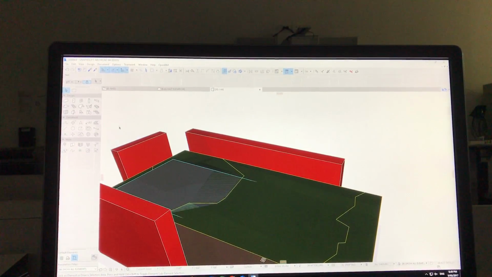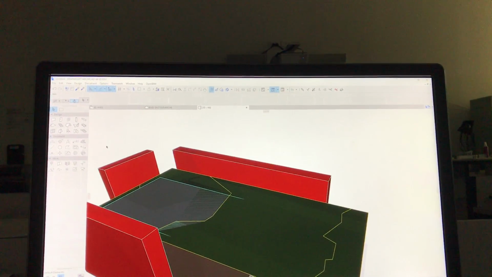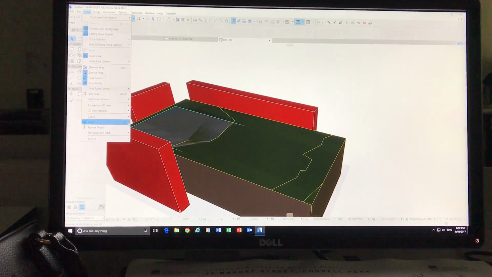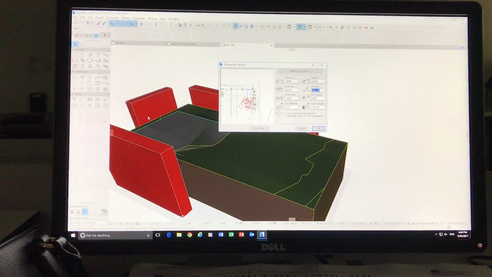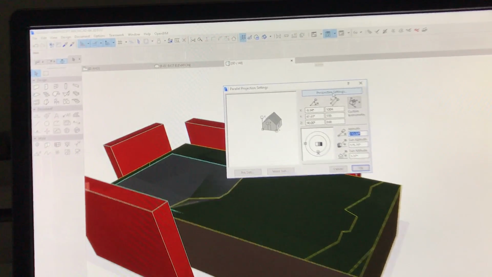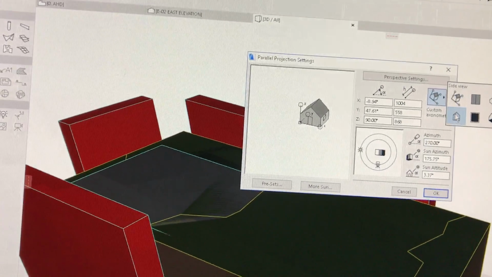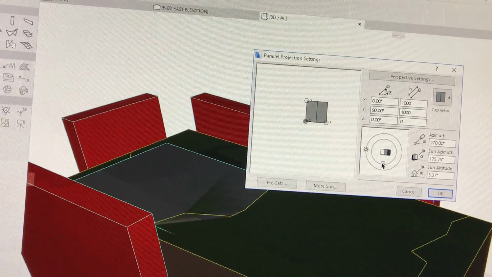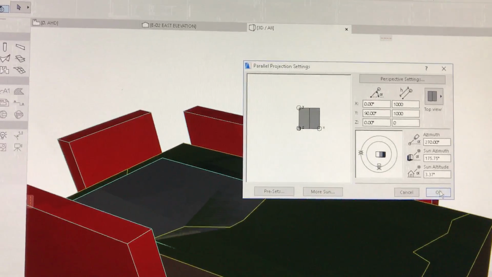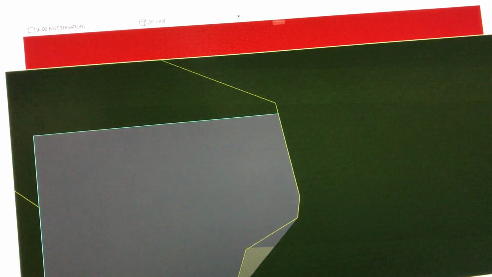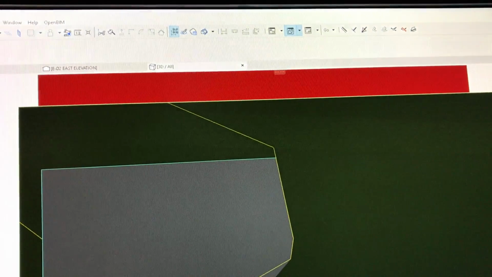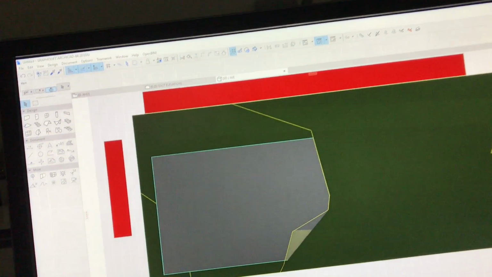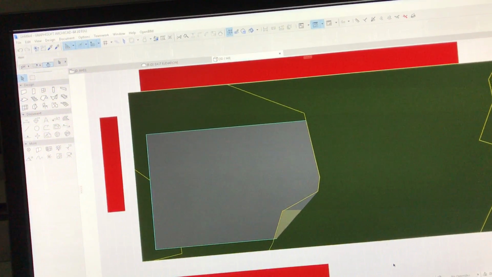The nice thing about the shadows in Archicad is that I can reset this view, this time without a perspective, into a top view only, like this. Notice that I'm looking at it in a plan view, but I'm in the 3D window and in a square view. It's not a perspective. So if I find a shadow here,